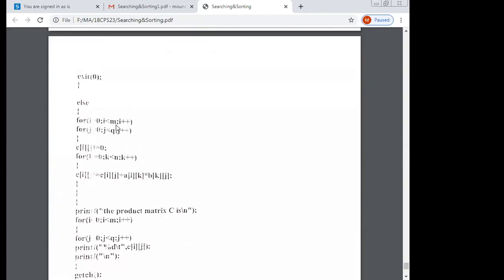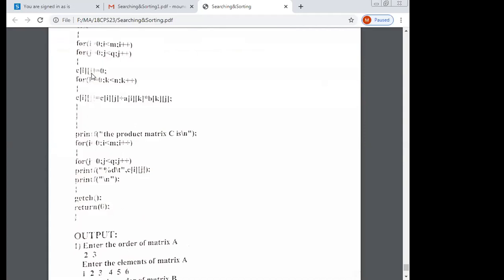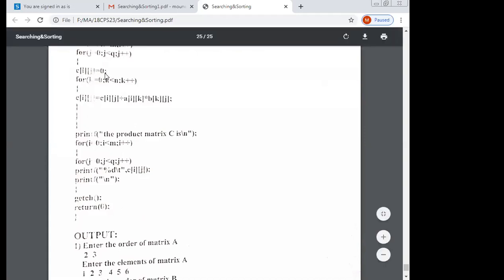So for i is equal to 0, i is less than m, i plus plus. For j is equal to 0, j is less than q, j plus plus. Initially c of i comma j, I have taken 0 because initially the result is 0.